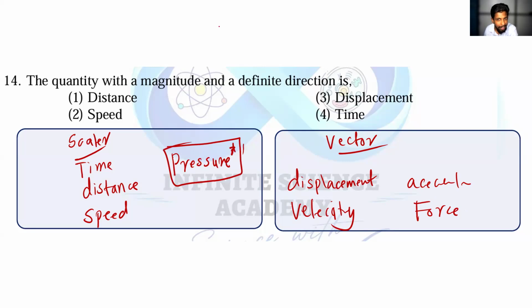You may be confused about the pressure part. Some of you are thinking, is pressure a vector quantity or a scalar quantity? Be careful, pressure is a scalar quantity. Now you may have written the example, right? Along with the example, can anyone tell me which one has both the magnitude and the direction? Displacement. Very good. Displacement, velocity, acceleration. First, for the scalar quantities: time, distance, speed, and pressure.